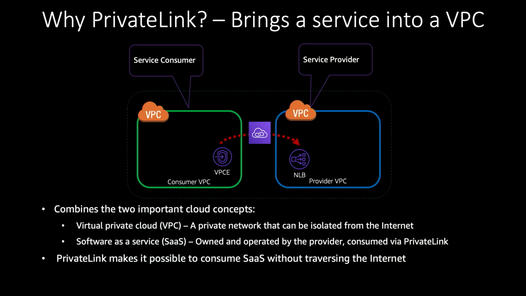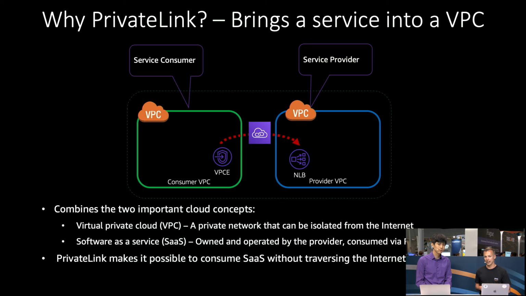Mm-hmm. And this is great because this means that you can keep that clean architecture while adding in all these features that you need, and you still get some of the guarantees and some of the separation that you get with a VPC, right? Yeah, customers are always excited when I talk about this to have that private connectivity and that route into a VPC, and it's also a one-way connection. So from that VPCE to that network load balancer, or be it an AWS service, we have that private connection, and nobody can go the other way. It's a one-way communication flow.